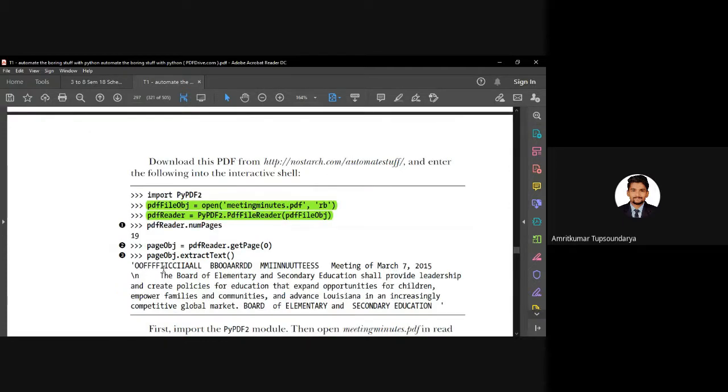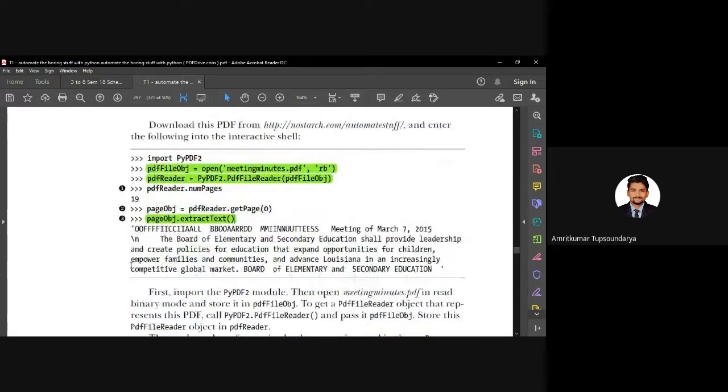Most importantly, when you want to extract the text, you can use the instruction pageObject.extractText. When you execute this instruction, you can see the text which was there on the front page, because we are trying to get only the first page.